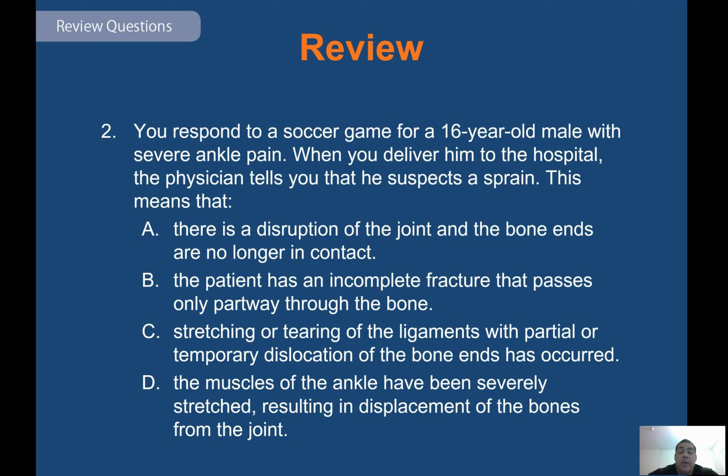You respond to a soccer game for a 16-year-old male with severe ankle pain. When you deliver him to the hospital, a physician tells you that he suspects a sprain. This means that